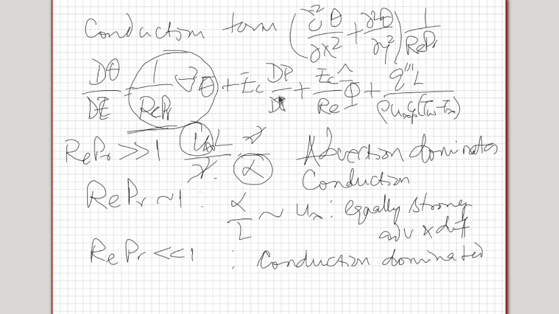So this is the Eckert number multiplied by dP by dt. We can understand from this term that if the Eckert number is very small, then this pressure work term will drop off. So if Ec is much less than 1, then the pressure work term will drop off. Otherwise, if Ec is of the order of 1, then this term will contribute to the energy equation. So what do we understand by this? That if there are changes in pressure happening in the